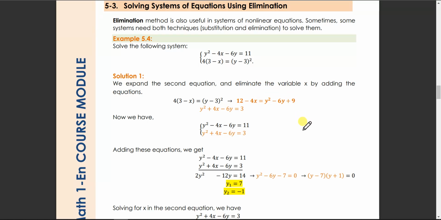So there are two possible solutions for this problem. So for the first solution, we are going to expand the second equation, and we are going to use the elimination method to eliminate our x. So again, first we are going to expand the second equation, which is 4 times 3 minus x is equal to y minus 3 squared. So that is simply